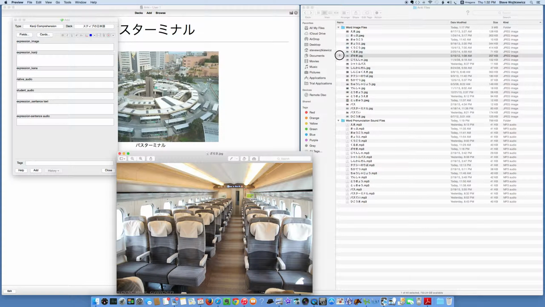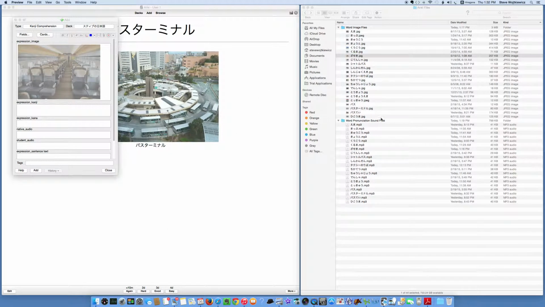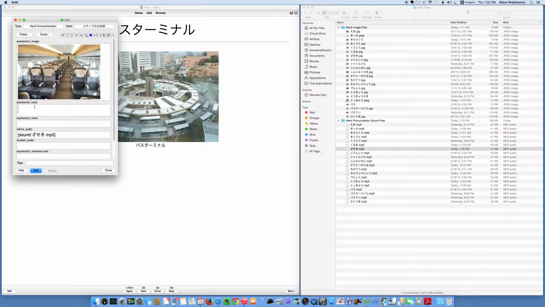I'll drag the image name over into this image box, brings that over. I'll close this. I'll look for the sound file now, Zaseki. Bring that to native audio field. Zaseki. Here I will type the word, convert it to kanji, save it again in kana,